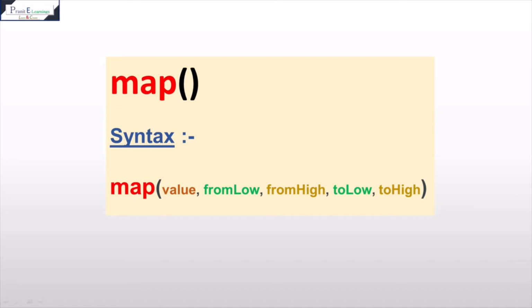And from low means the lower value of the current range, the source range. Here you have to remember that from low and from high mean the source range or the current range. And to low and to high mean the target range. From means the one value and to means the other value, that is you have to convert the one value to the other value. You will get more familiar and more clear with this map function in the coding part.